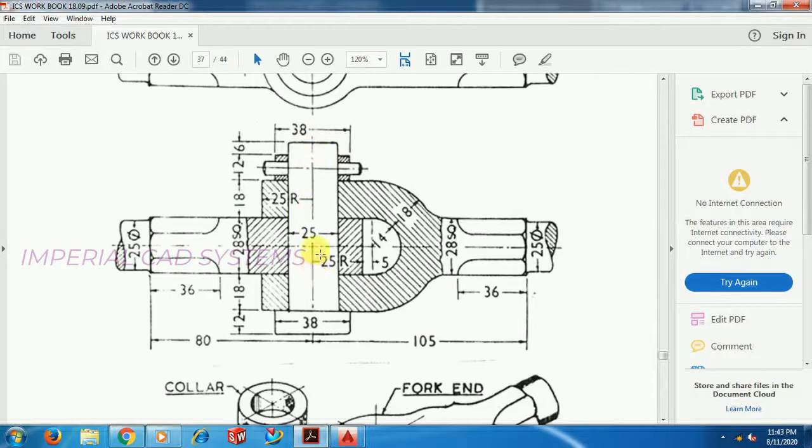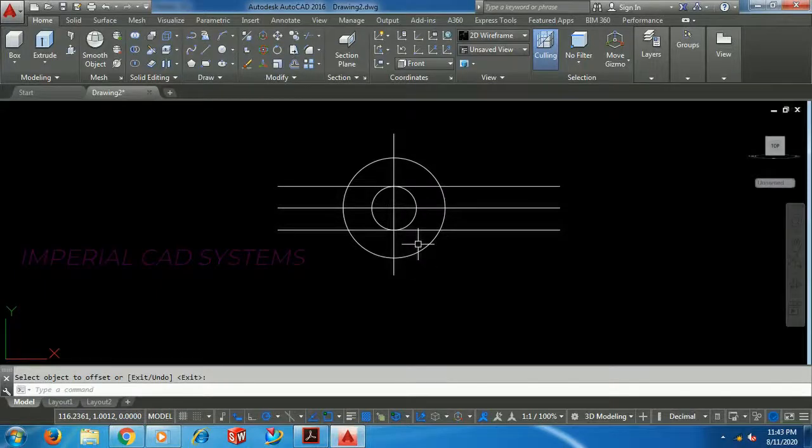From here it is 25 radius plus 5 clearance, so a total of 30 mm you have to reduce from 105. That makes 75, so offset this vertical line 75. Get into CAD, offset 75.